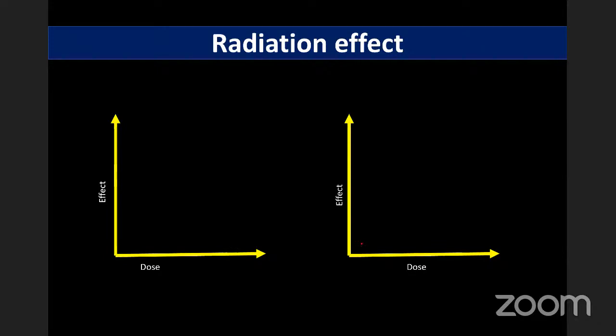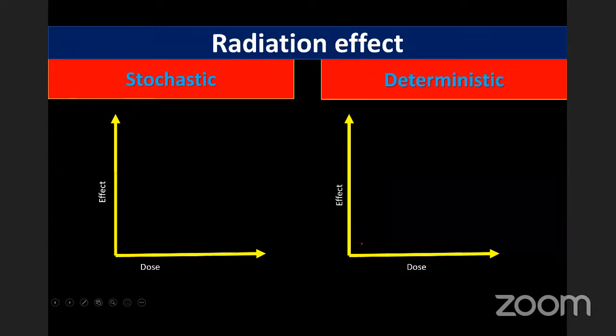So if there is a cancer, a genetic mutation, or a hereditary effect, this is an all or none phenomenon. It is not that as I increase the radiation, the severity increases. The only thing is it is all or none. It can happen at any dose. So there are two terms: one is stochastic effect, and the other is deterministic effect. The questions will be very simple: all of the following are stochastic effects, or all of the following are deterministic effects. Now, in the stochastic effect, it is dose independent. As I increase the dose, it has a linear relationship.